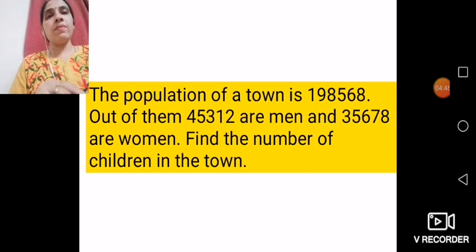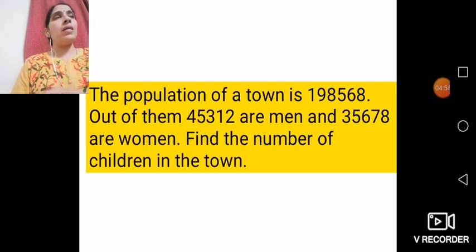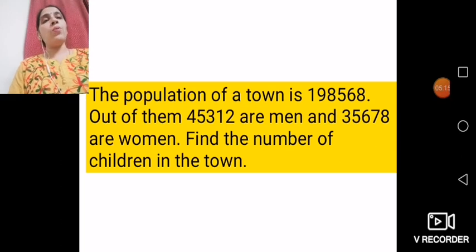So, in this question, just tell me fast, which two basic operations were you using? Tell me your answers first. Yes, that's correct. The two basic operations which you were using in this question are addition and subtraction. First you are doing addition, the number of men added to the number of women, and whatever total you get, you subtract from the total population. So, here you are using addition and subtraction. Let us move to the next example now.